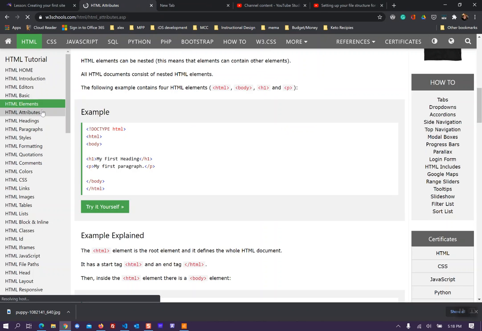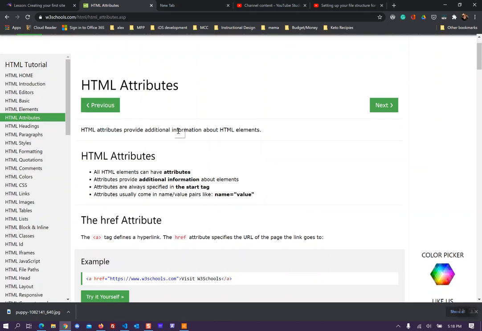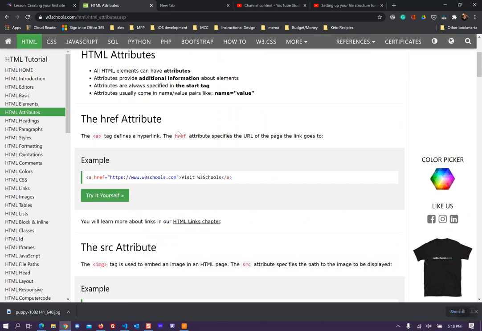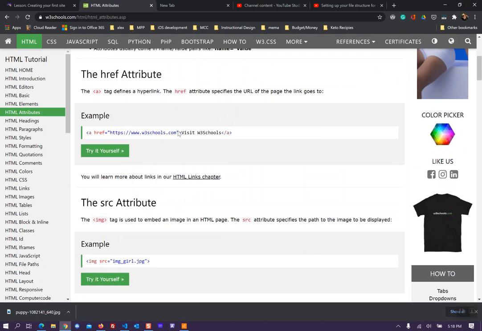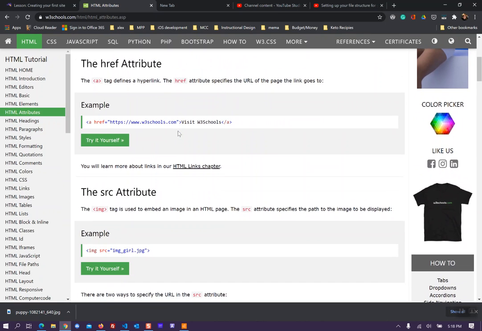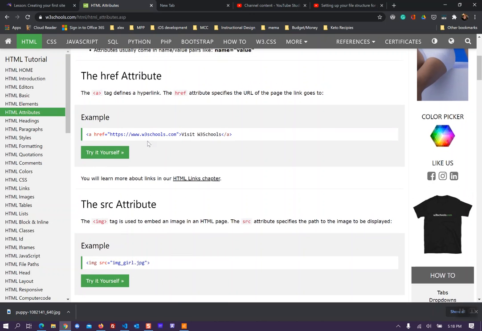You'll want to look at the attributes. I will typically not lecture in depth on what you're reading here, but I do expect you to read it and understand how it works. So we'll be adding an image with a source. So this is an attribute. We also have a